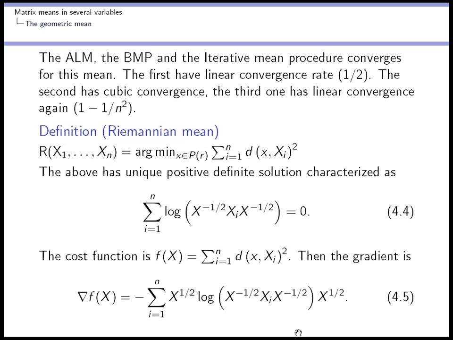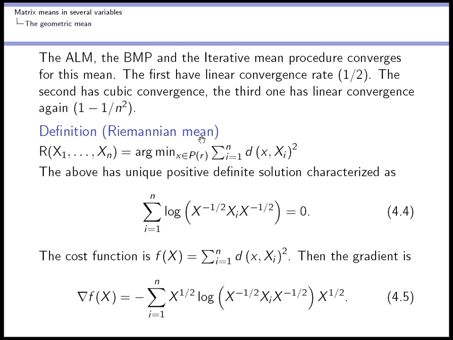Now, the ALM and BMP iterative means converge for this mean. We have better results because the BMP mean is cubically convergent, and it is also shown by Ando-Li-Mathias that ALM, their procedure, converges with a quotient rate of 1/2. So we have better convergence rate results. And we have also